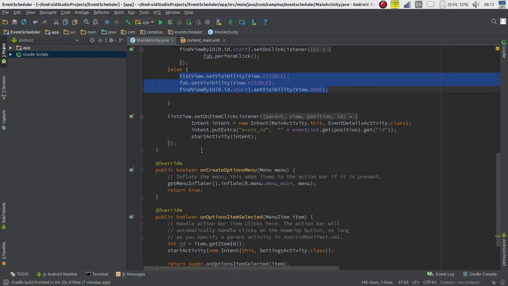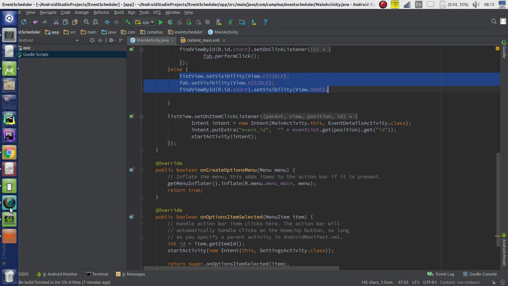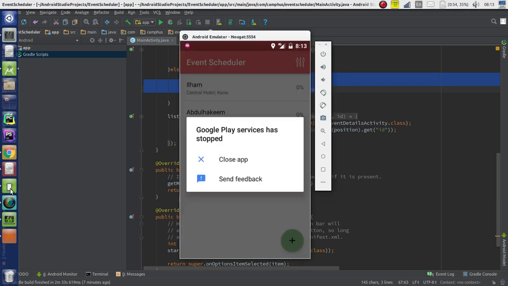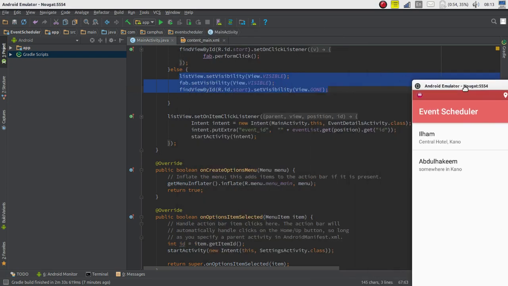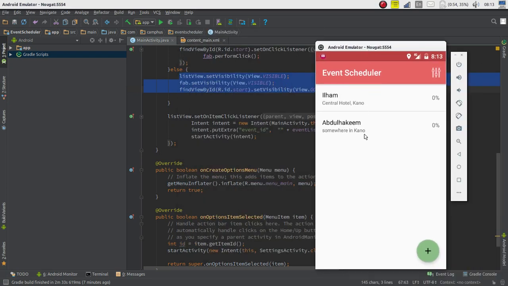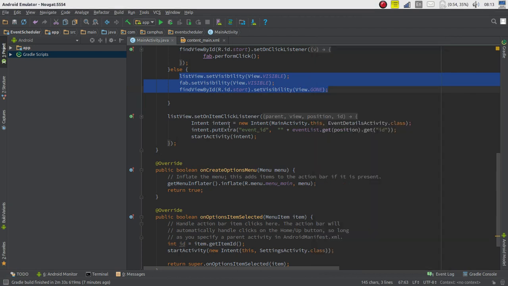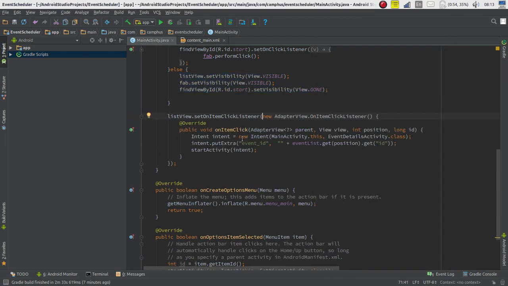Now we say list view does set item on click listener. We have to get click events from Java. So we said anytime one of these items in the list view is clicked, we have to create an intent that will take us from this activity to event details activity. The event details activity is where we actually see the details of the event. That means the name of the owner of the event, how much was budgeted for the event, how many people will be coming,